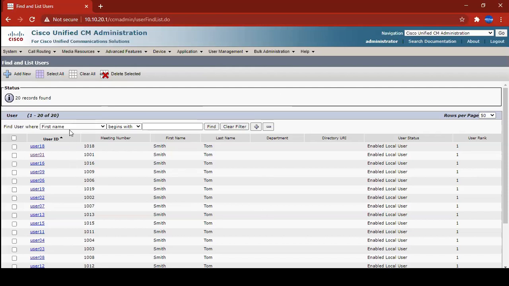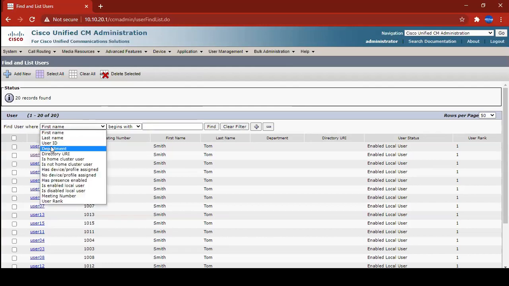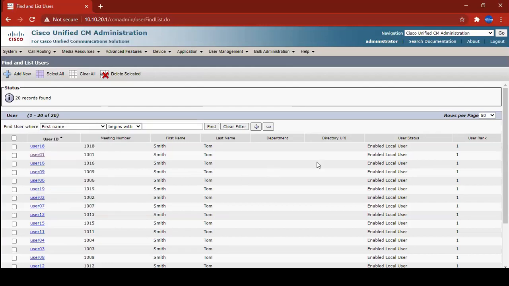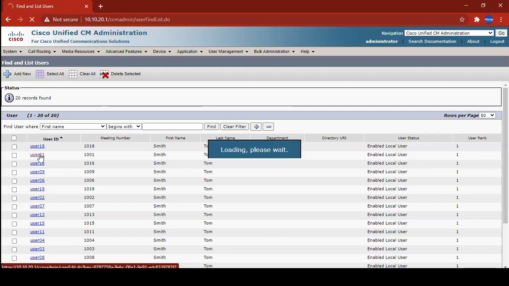So you can come down here and do a search with the first name, last name, user ID, and so on, and it'll be displayed here. So one thing you would notice is that these users are all local users and they're not being pulled from LDAP, otherwise it would be showing LDAP integrated users. For instance, I'm just gonna click on user 01,